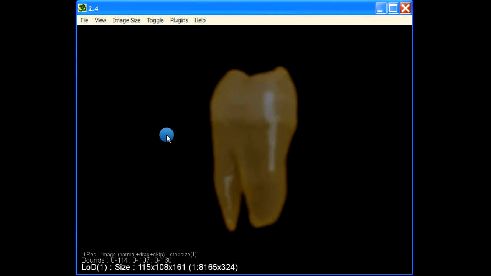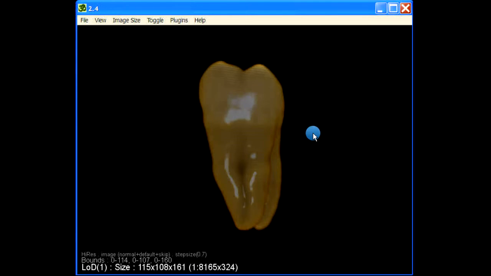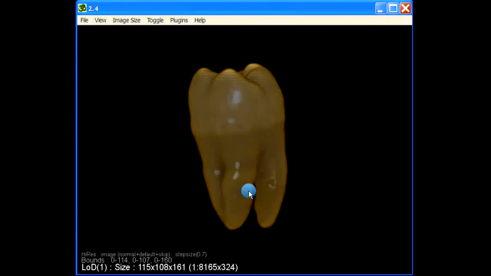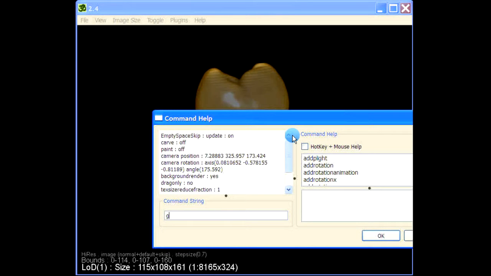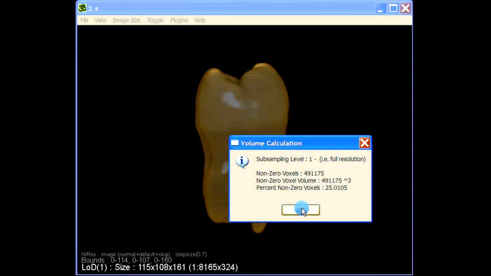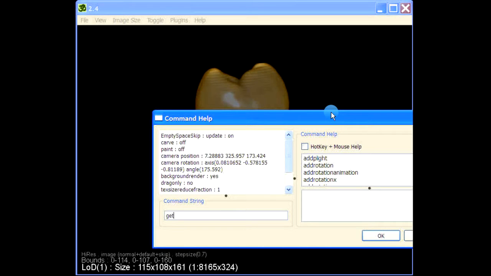This is a tooth dataset, and we will see how to get surface area. Now, to get, say, volume, we just press space bar and then give "get volume" to give the volume. Similarly, we can also give "get surface area",